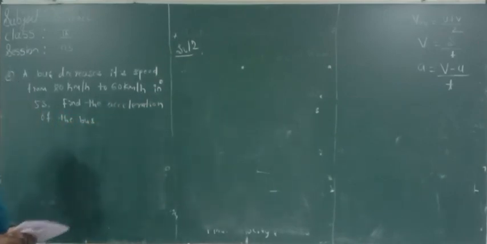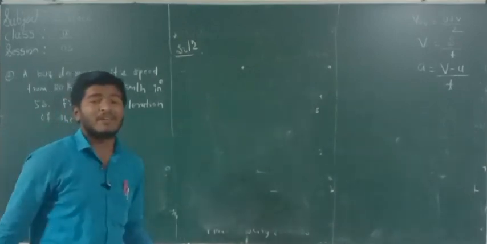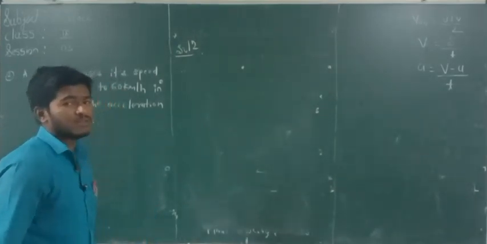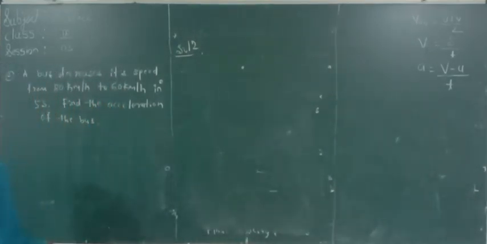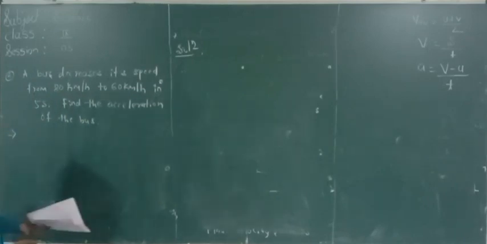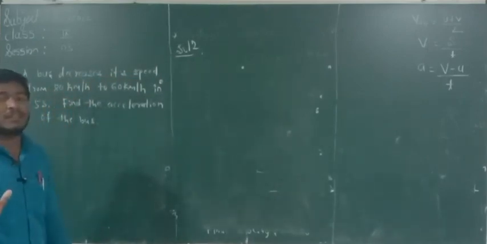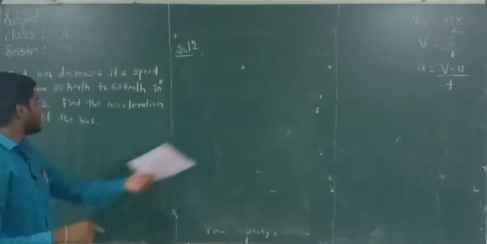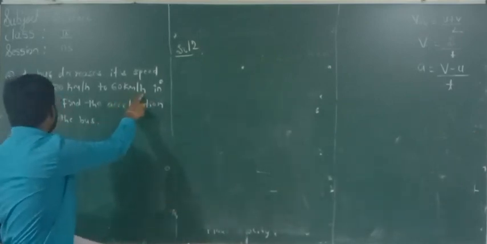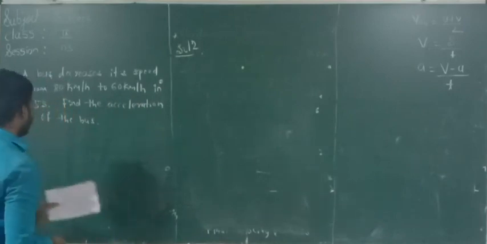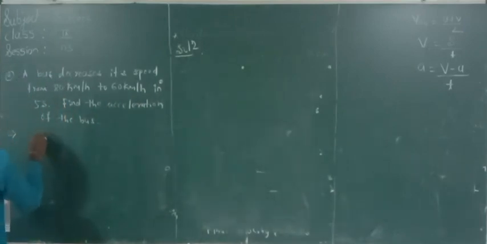See here, these types of examples should be asked in your examination for 2 to 3 marks questions. You should clearly see. So once again, read the example and what is given. A bus decreases its speed from 80 km per hour. Imagine the bus is moving at 80 km per hour and it decreases to 60 km per hour in 5 seconds. So the initial velocity of the bus here,